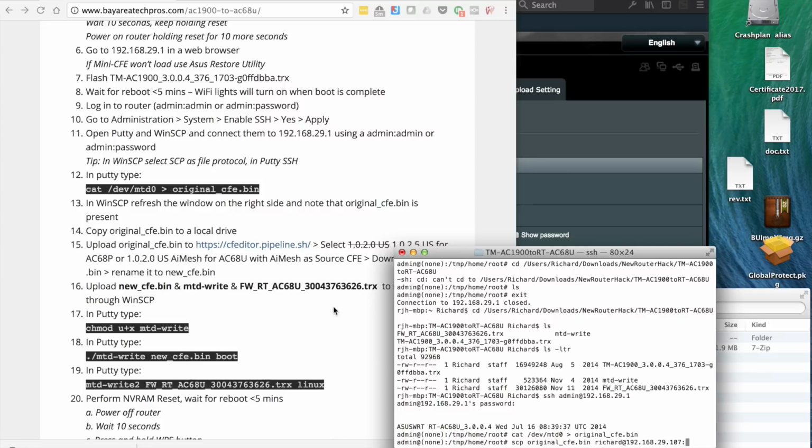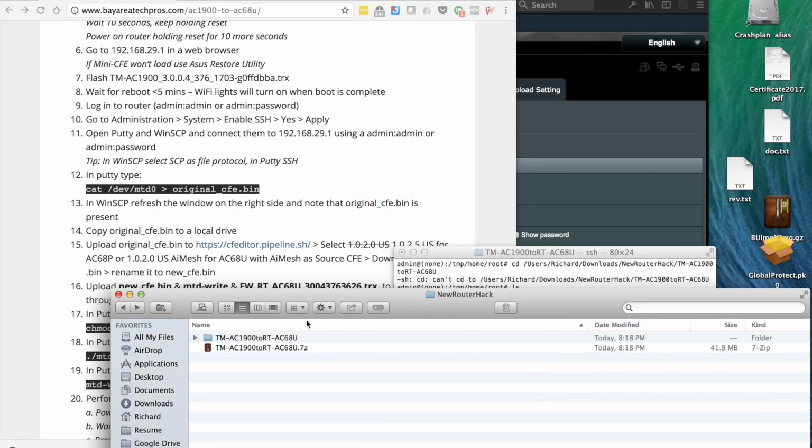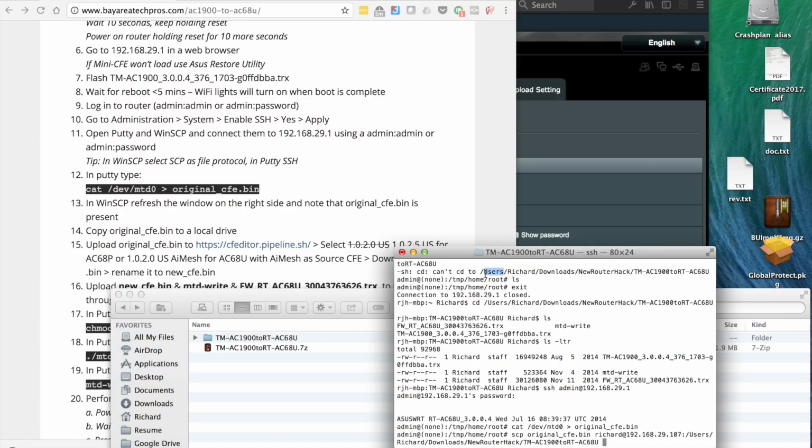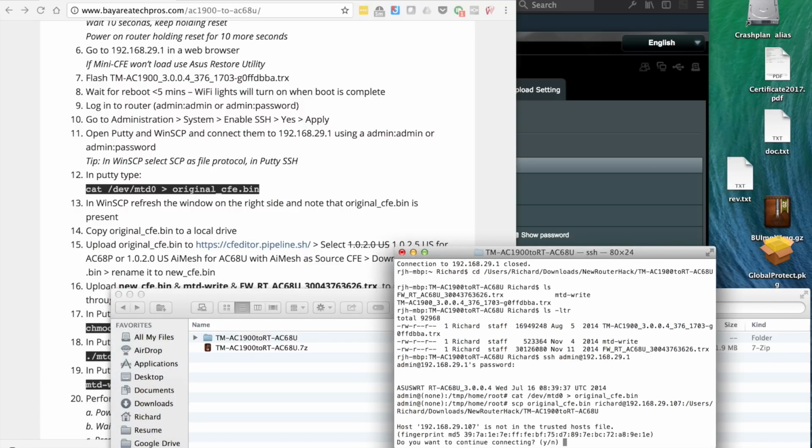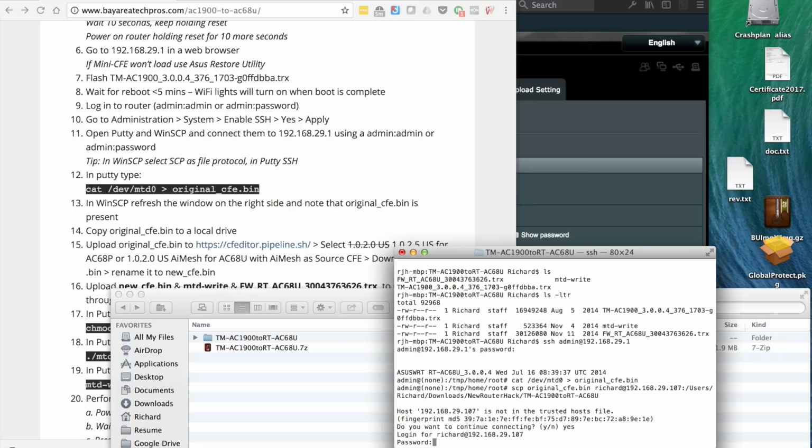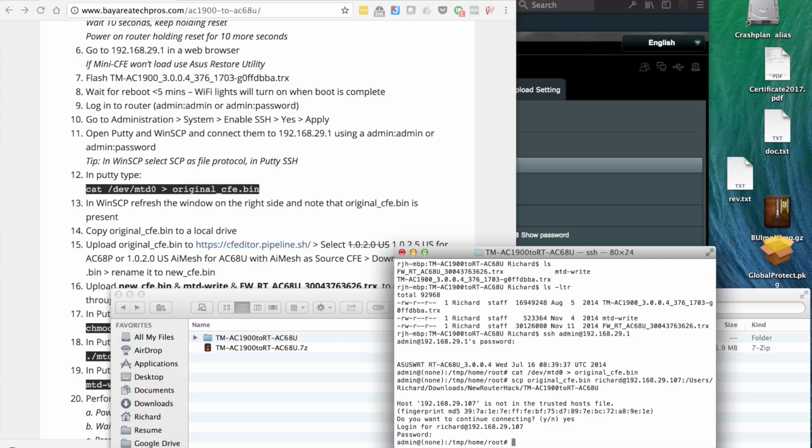Okay, sorry. Small print here. Colon, which then you do the path to where you want it to go. So that's going to be /users/Richard/download/network new network hack/TM-